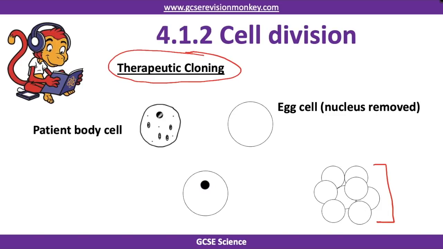And how they do this is they take the body cell from a patient and they take out the nucleus, because that contains the DNA. They use an empty egg cell from a donor. So a woman would have donated an egg cell, scientists would have removed the nucleus, so you just have the empty cell. You put the nucleus of the patient into the cell and you'll stimulate that to divide to make